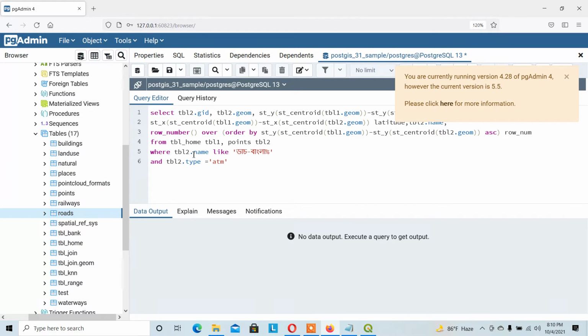So in this query I took the TBL home table and the points table. In this points table we took information like Dutch Bangla booth and ATM booth. So I filtered this query with the name Dutch Bangla and type ATM. And then